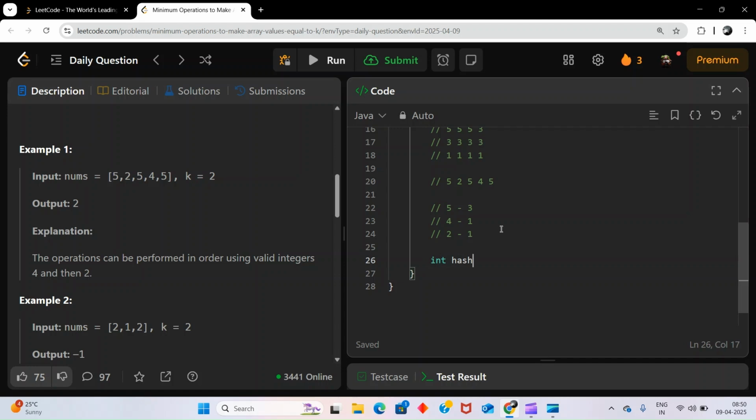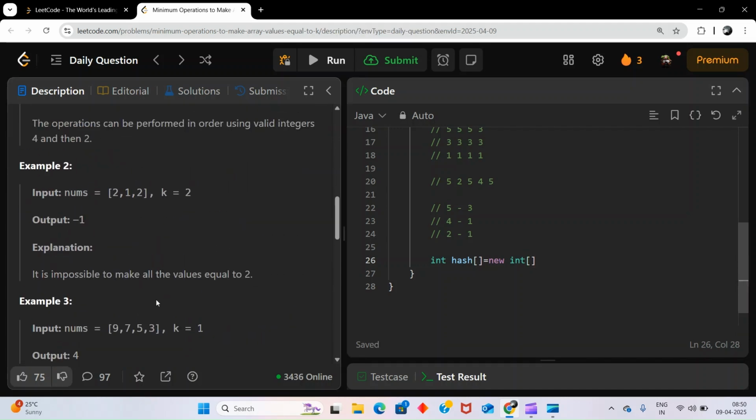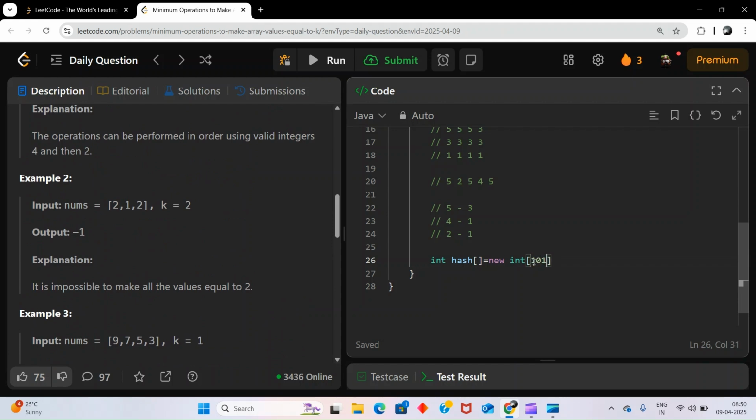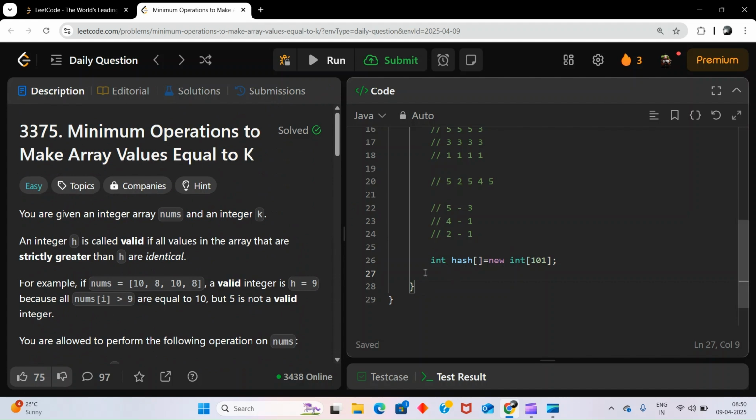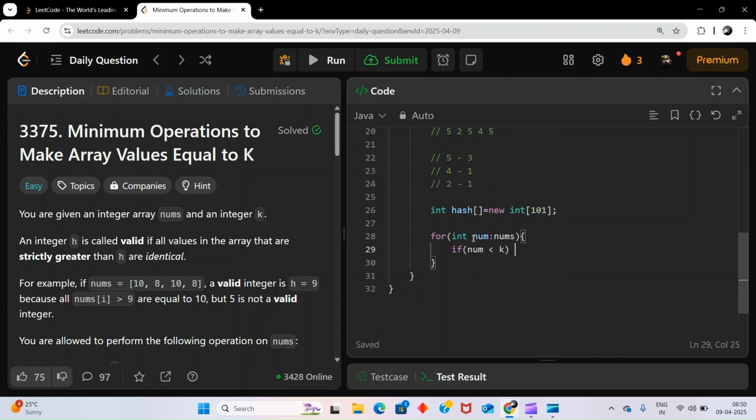Now I will take one array, int hash, and let's see the constraint for the maximum value. Yes, the maximum value is 100, so I can take 101. We don't really need a map. We are not counting frequency, but using a hash table will be good because we know the maximum value. Now for int num of nums, the first condition: if my num is less than k,